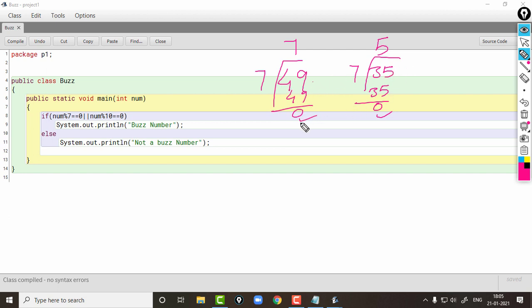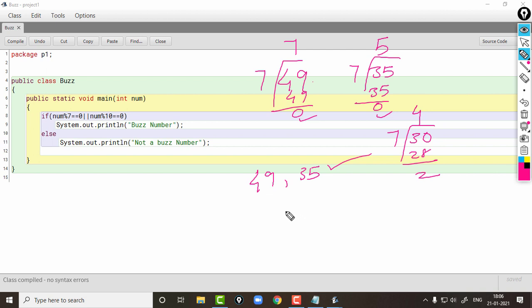That's why we are getting the remainder 0. Then if you take another number, 30, dividing by 7, 28, the remainder will be 2. See, so we can say 49 and 35 are bus numbers.